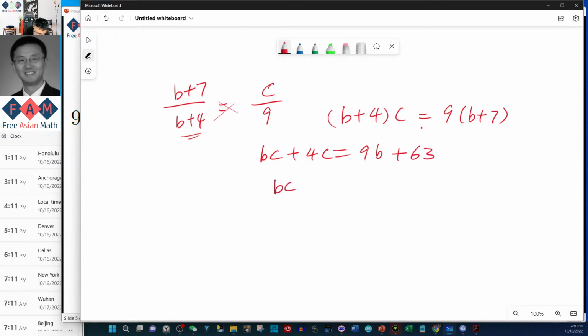So bc plus 4c minus 9b minus 63 equals 0. So how do we solve this problem? Well,